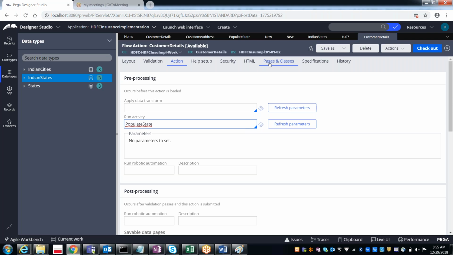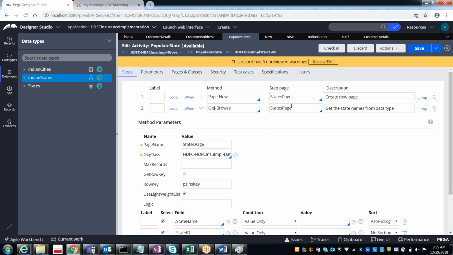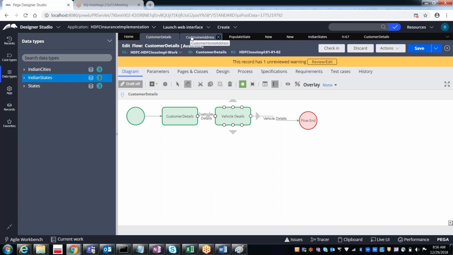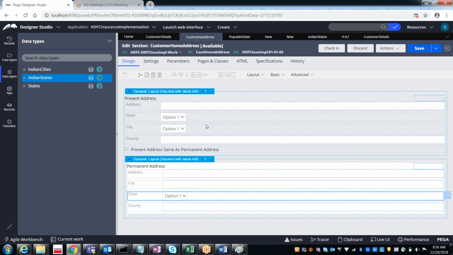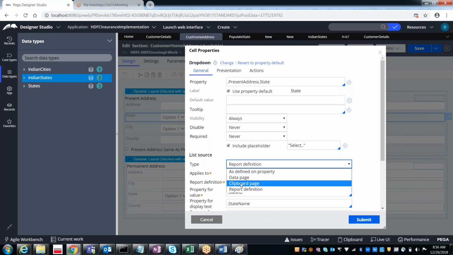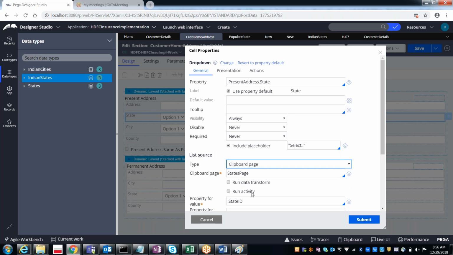Through this populate state activity only, we have populated the states page, and then in the user interface section, we used the clipboard page like this, right?